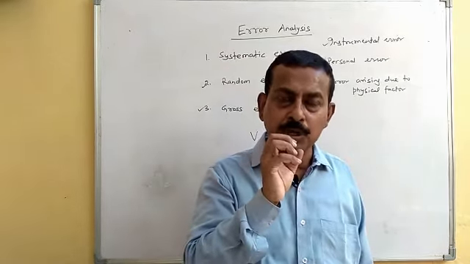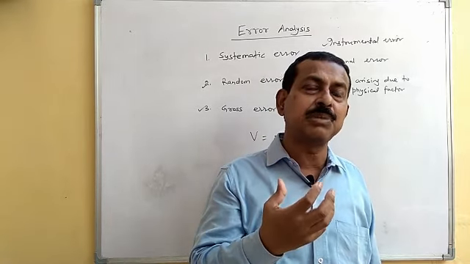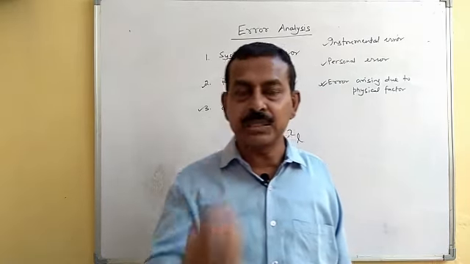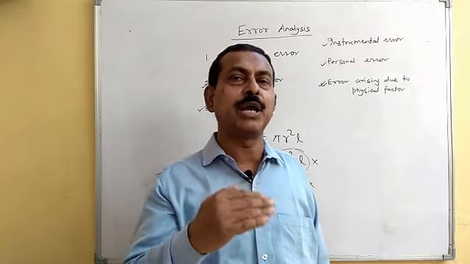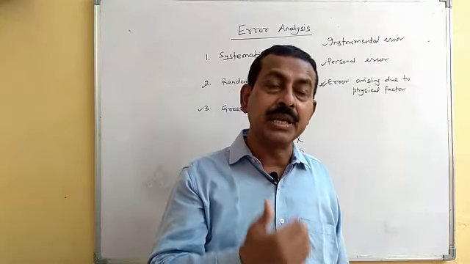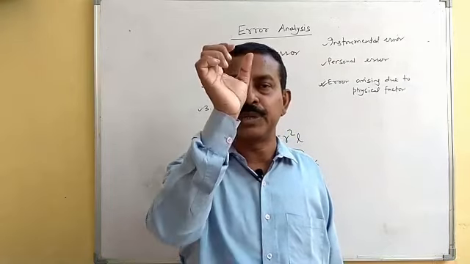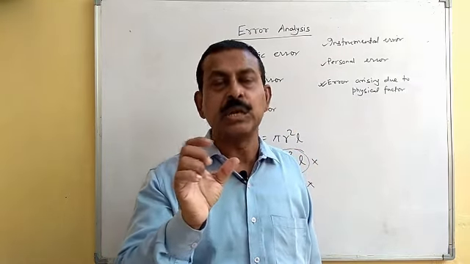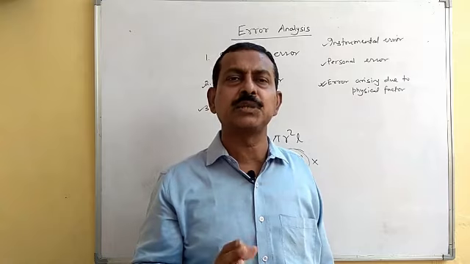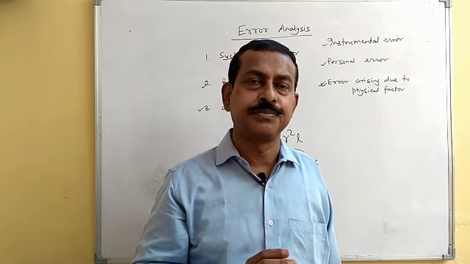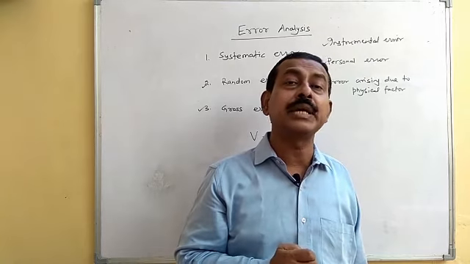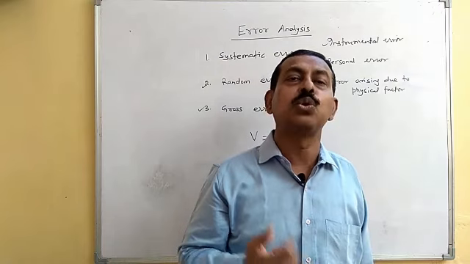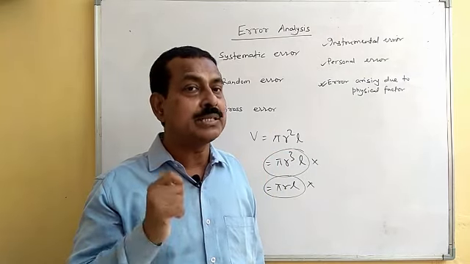But if the observations have been taken and he is not doing that intentionally, in that case, if you take a large number of observations, at one point the value is more than the actual, at another point it may be less than the actual. So if you take the mean, those errors will cancel out one another and you will get an approximately correct value. So that is the reason why we take a large number of observations while performing any experiment. This is how we try to minimize random errors.